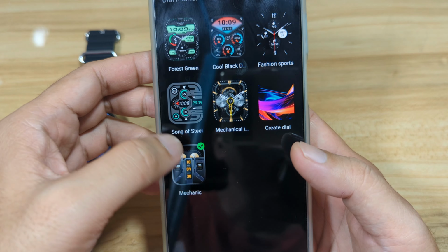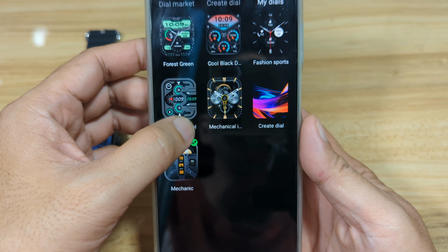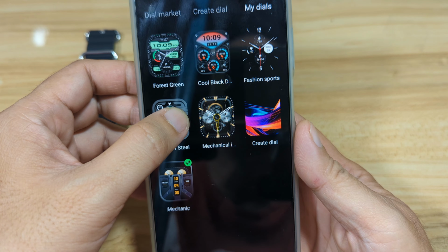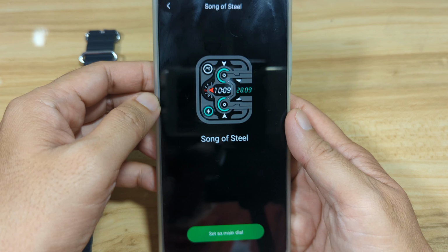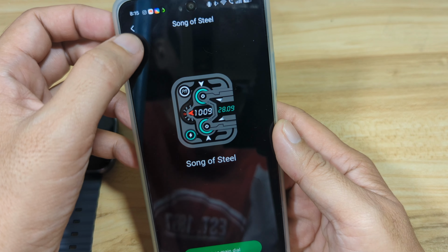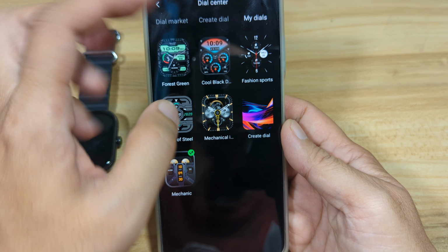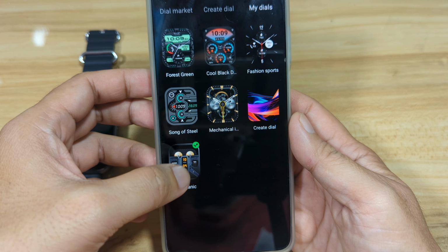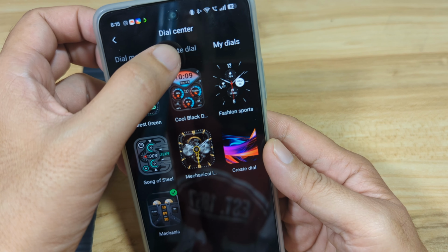No. Okay, even here in the my dial section, it will be overwritten. You can only add 1 watch face. And let's see if we can delete. No, you cannot delete the previous watch face. You cannot delete the preloaded watch faces in the smartwatch. So this is our watch face, the downloaded watch face.